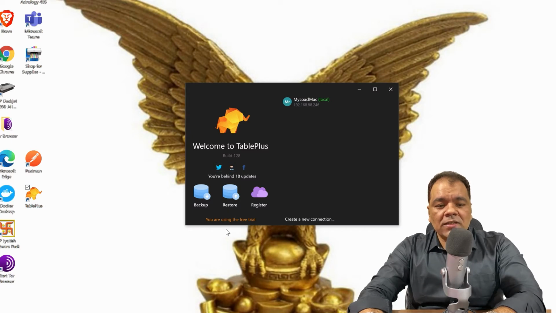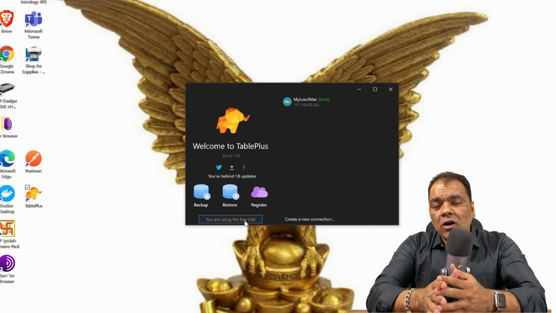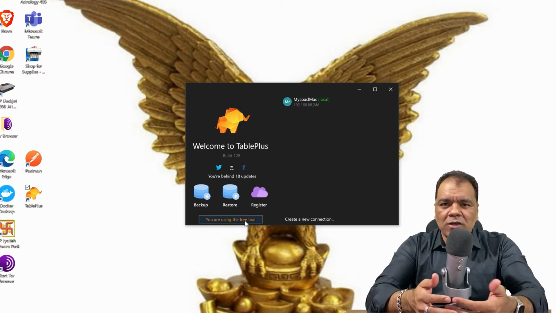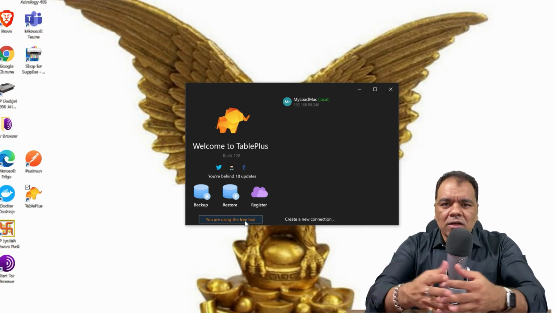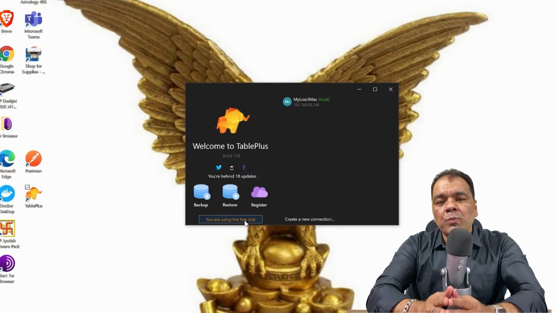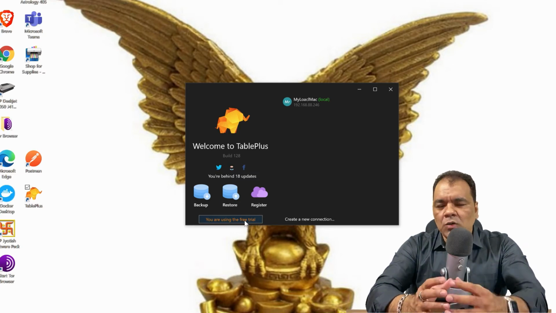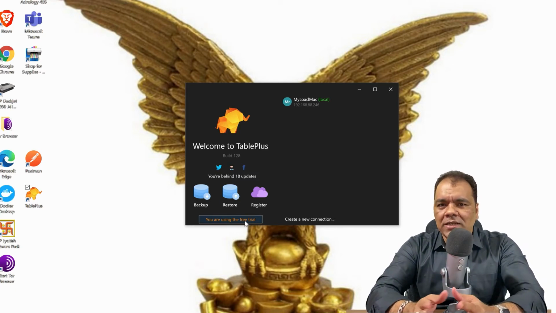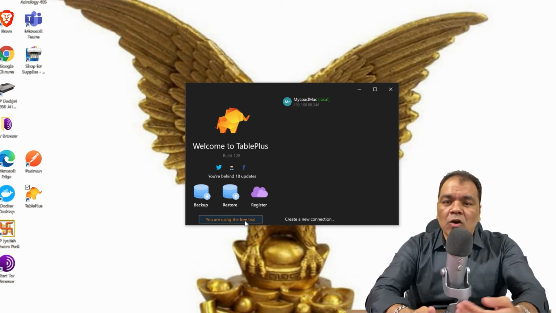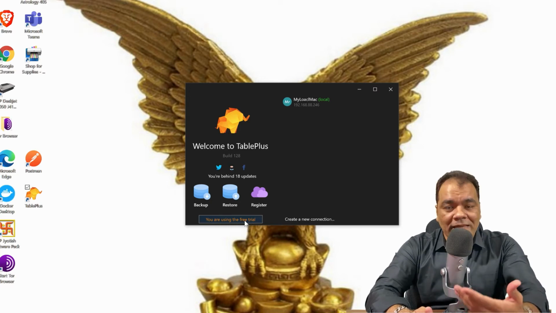You can see here it's showing that you are using the free trial of TablePlus. The benefit of the free trial is that it's an unlimited trial, so you can use it as long as you want. It just has a limited capability: you can't open more than 2 tabs or more than 2 connections at a time.